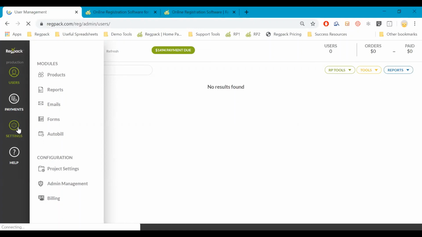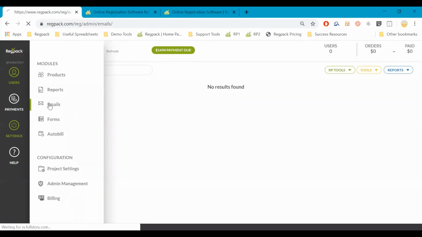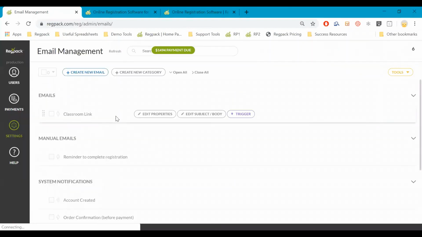One of the things that I would recommend, if you're planning on that being a need that you have, is to create your own receipt email as well. You won't need to have that automatically be sent out since they do get a receipt automatically through Regpack if they're paying. That's the system email that we have set up. But if you do plan on sending people a copy of their receipt, the thing that you're going to want to do, and I'll just use the template that we have here instead of going through the whole steps again,